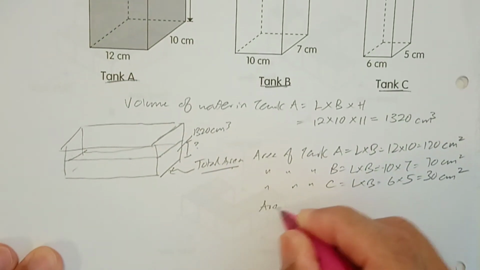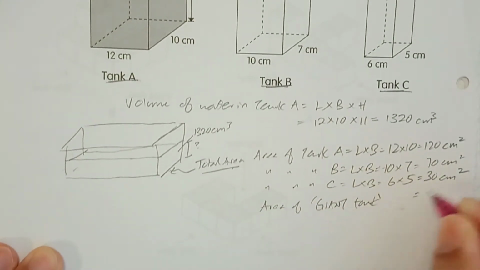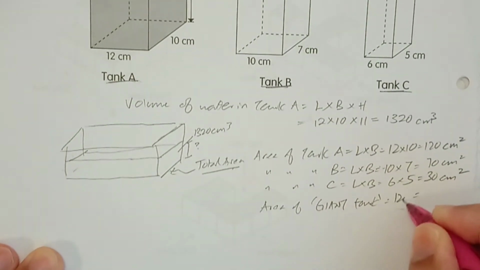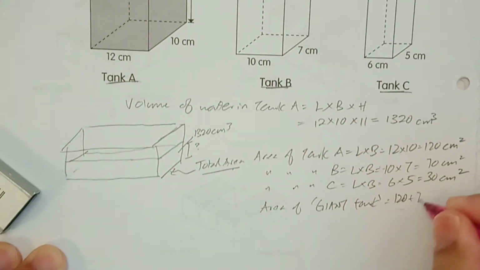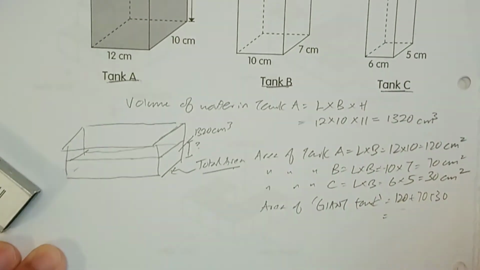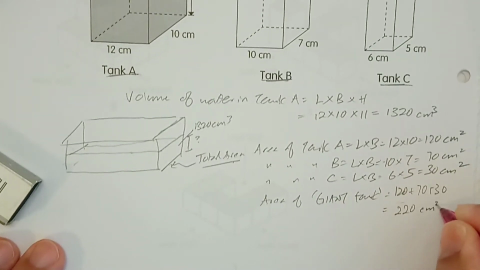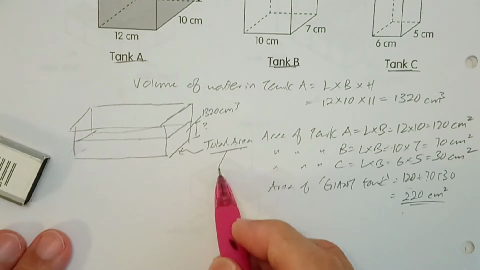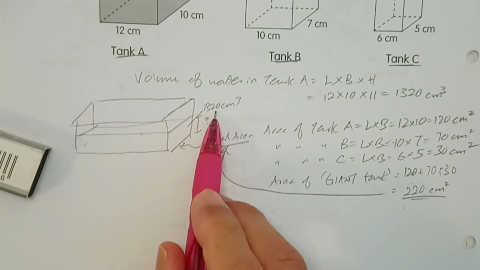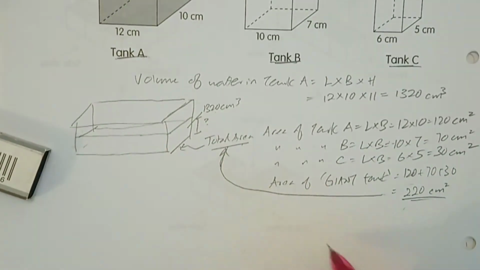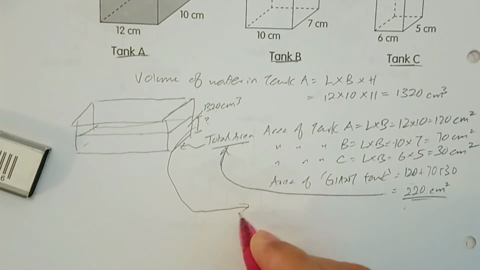So the area of the giant tank equals the addition of all this: 120 plus 70 plus 30, which equals 220 square centimeters. So now we know that this whole area is 220 square centimeters, and we know that the volume is 1320 cubic centimeters. To find the height of the water here, the height would simply be